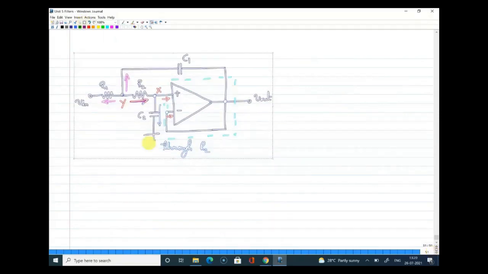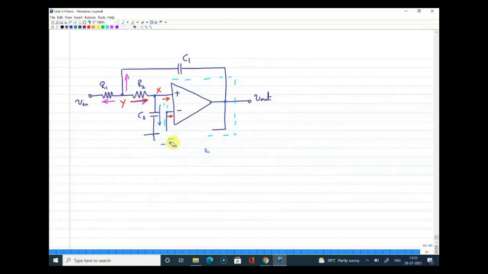The same circuit, instead of having this path here, what I can do is add a resistance here and another resistance here. I have R1, R2, so I'll just name these R3 and R4. In that case, this is exactly like a non-inverting amplifier, or I can say that Vout is equal to Vx into 1 plus R3 by R4.